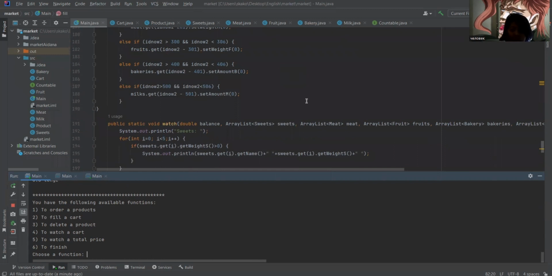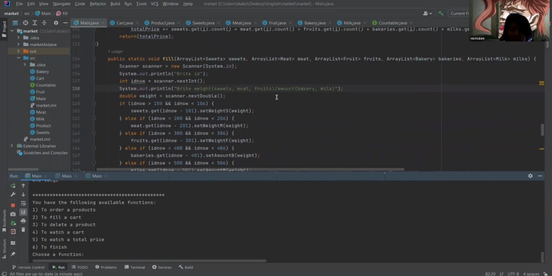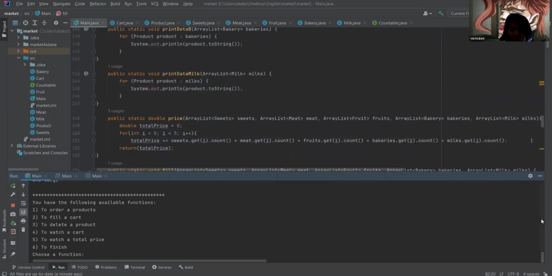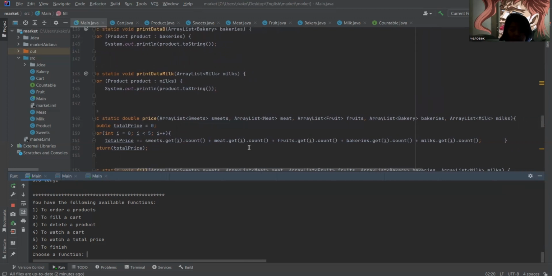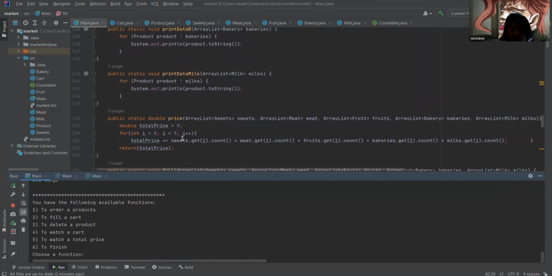Also, I want to explain about the price function. As you can see, we used the count method. I'll show how it works. For instance, we get our count. This is why we set the weight to 0 for every product, because everything multiplied by 0 is 0, so it will not